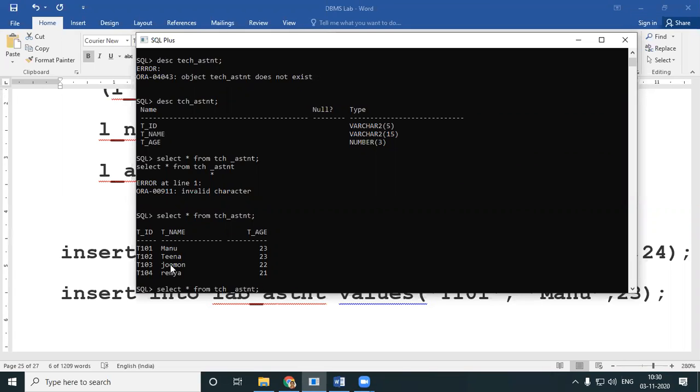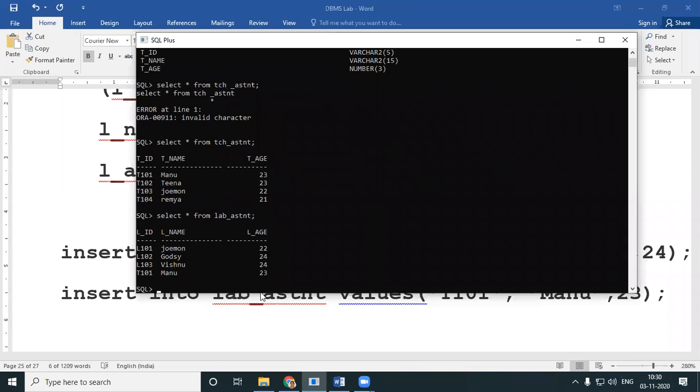Now I'll show you the details of all my tables. I have a table called tech assistant where I have Manu, Tina, Jomon, and Remya. I also have a lab assistant where I have Jomon, Godfrey, Vishnu, Manu. I do have things which are common. For example, look here, Manu happens in both, and even Jomon happens in both.